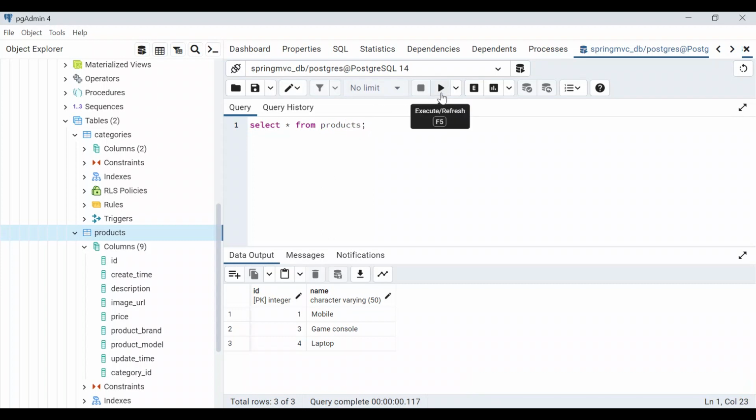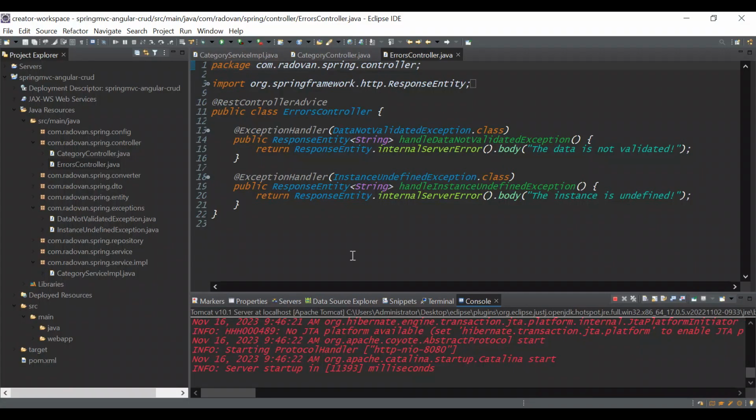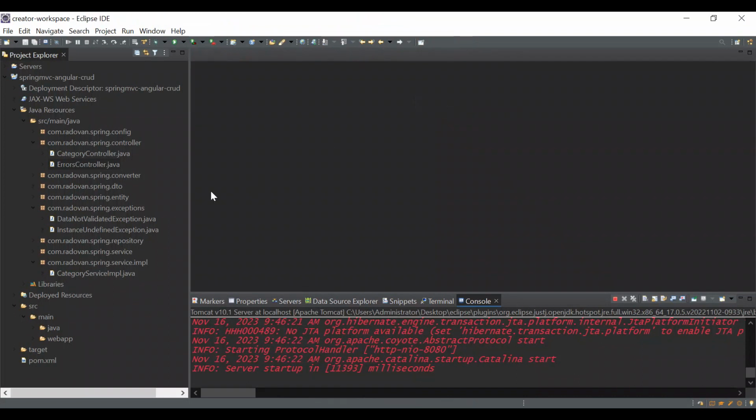Let's select products from the database. Of course, we still don't have products in the database. For that, we need to create a product service and also a product controller. Let's do it. Let's close this all and let's go to the service package